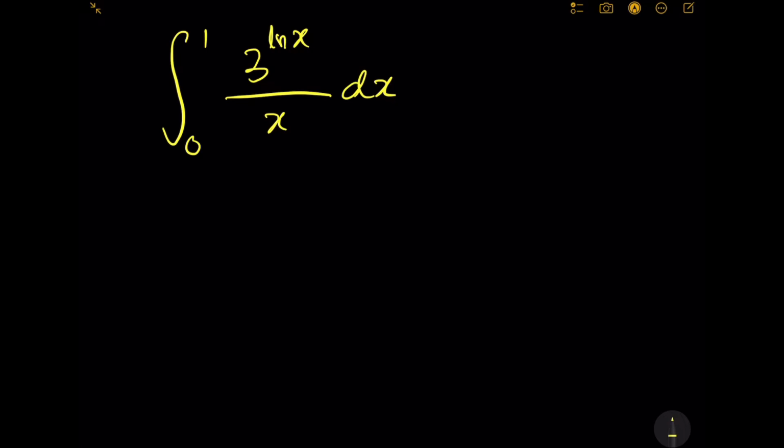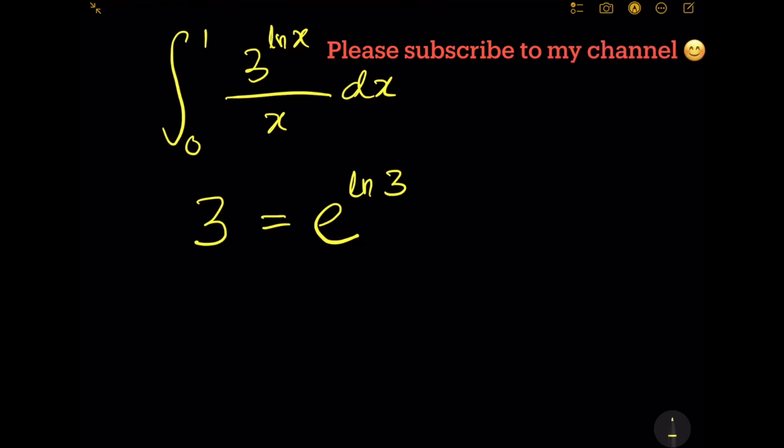First step, we need to know that 3 is actually equal to e to the power ln 3. Imagine e and ln cancel off, therefore 3 equals 3. Obviously, we're going to use this equation to replace the 3 in the integral. So this one becomes